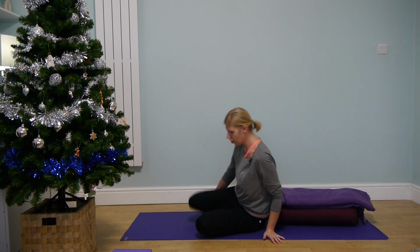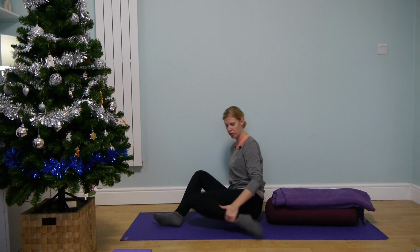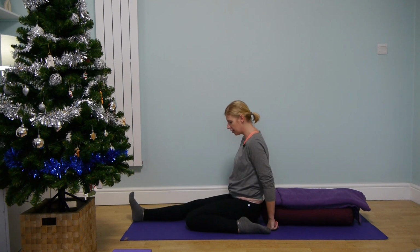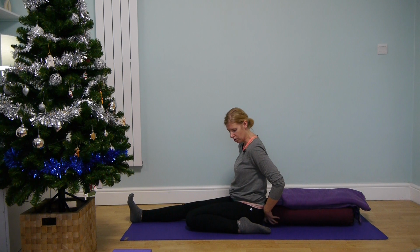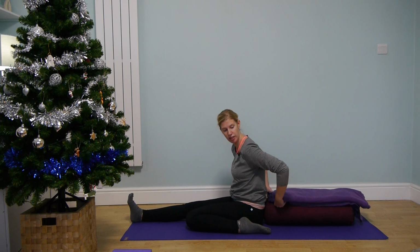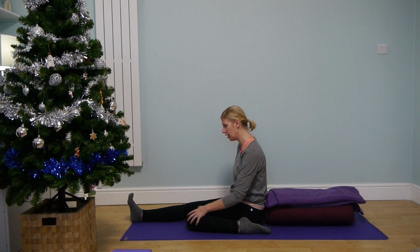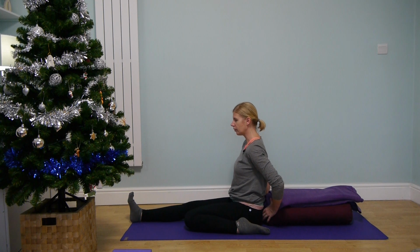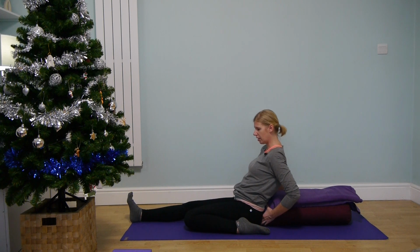What we're going to do is bend one leg in like this, and then extend the other leg out on the ground. This is a relatively strong pose for the knee. So again, if you have any knee issues or if you feel any pain in the knee, then don't do this. First of all, we're just going to bring the bolster in as closely as possible,